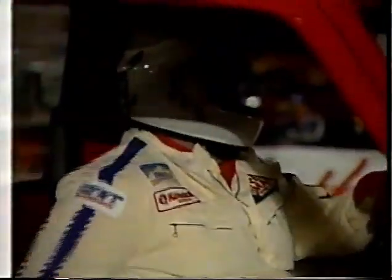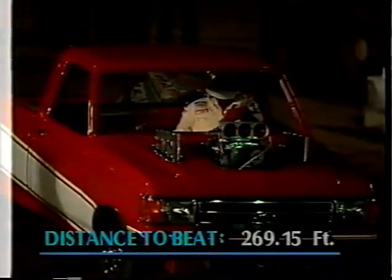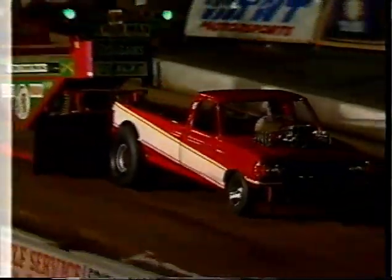He's the defending points champion in a brand new truck, Mike Stowe in Bad Dog out of Warrenton, Georgia. And of course, with this new truck this year, he's the defending national champion with his old truck. Let's see if he did this truck right. It's a new frame and it's a new body, 575 cubic inches. Well injected on alcohol. He's got the horsepower, but let's see if he's got that leverage right to pull that